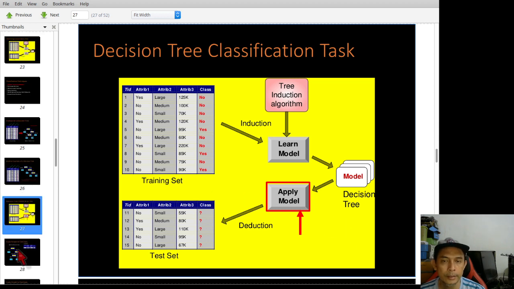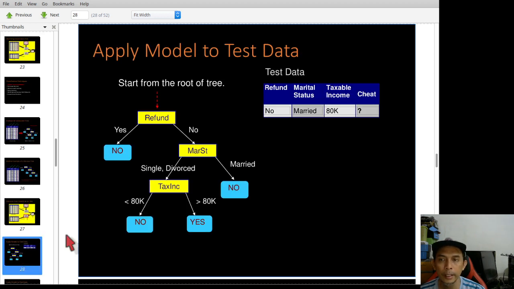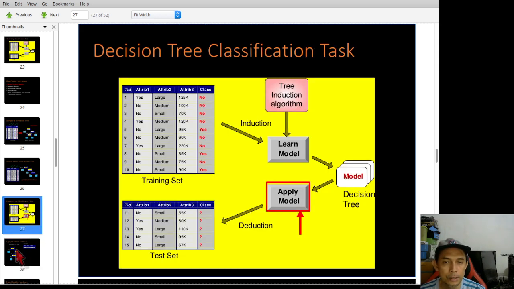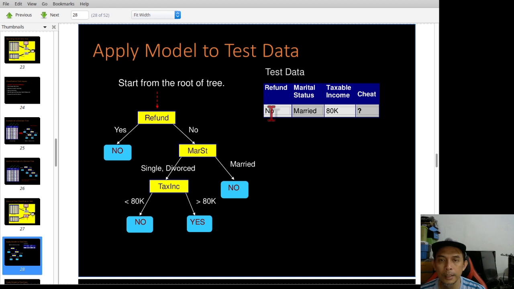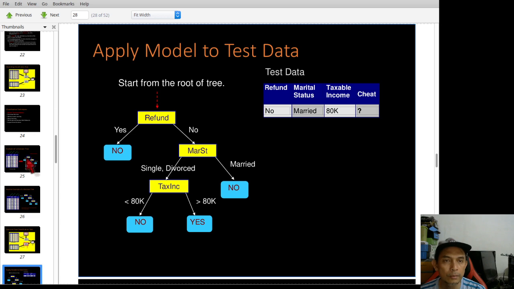Now let's try one data here. Let's say you choose the first model.